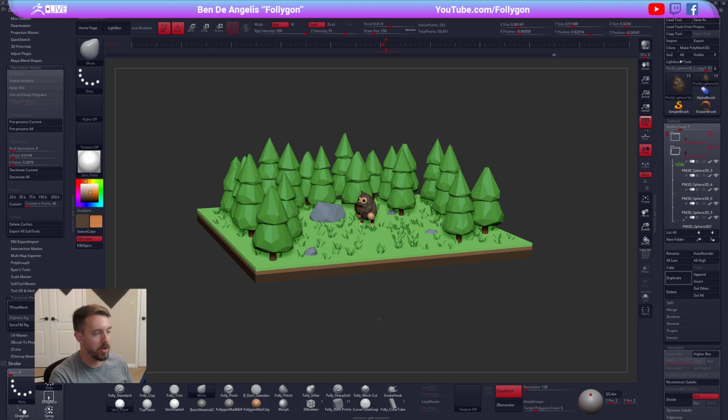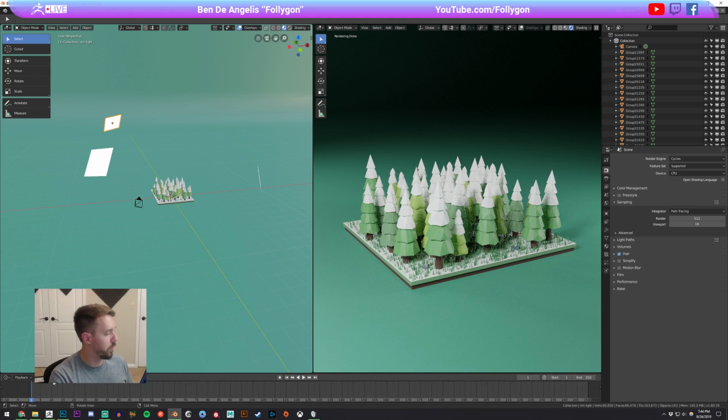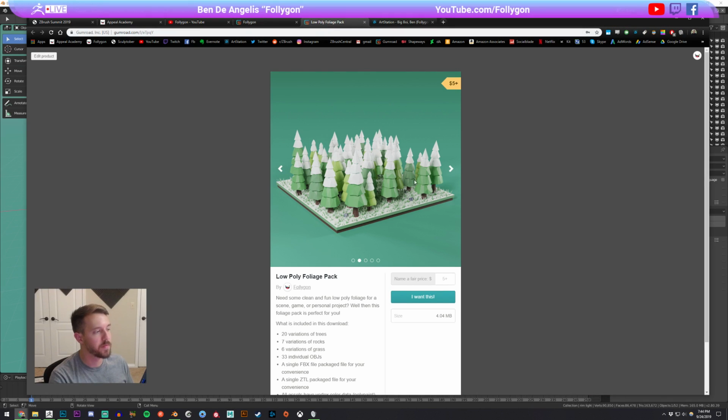Really the key to setting up a scene like this, if we go to wherever, I had that image. When creating a scene like this, for me, it's really easy to just duplicate something multiple times and it ends up looking really bland and boring, which is kind of what we have right now. So if you look at this image, you can see that the height of every tree